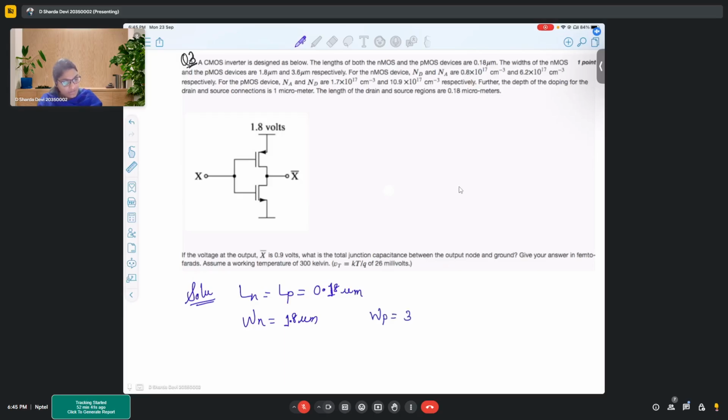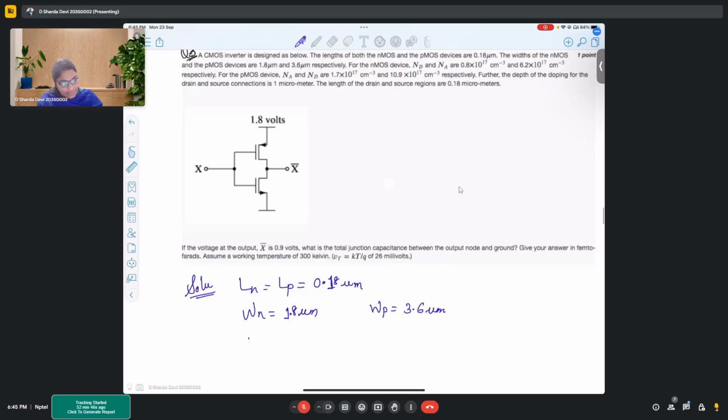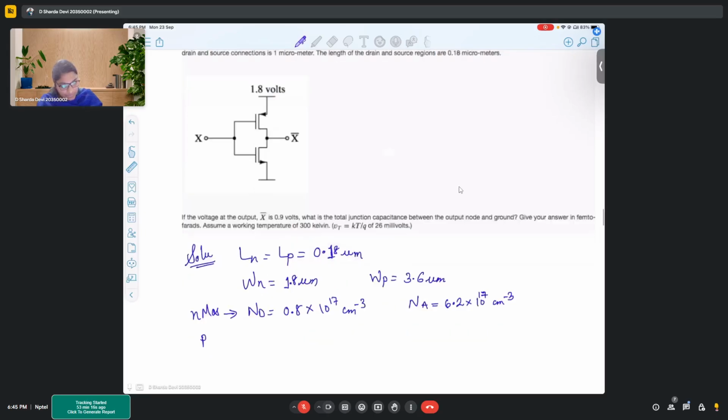Width of PMOS is 3.6. Na is given. Nd is given. This is Na and Nd for NMOS. Now for PMOS,